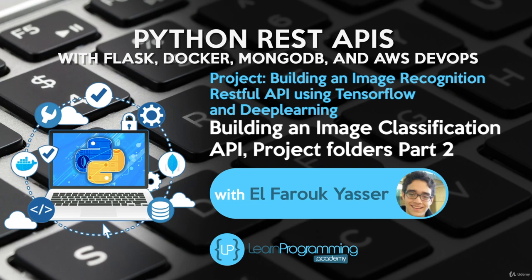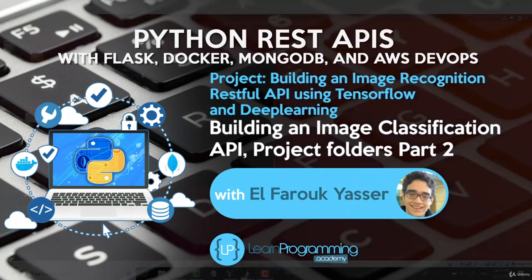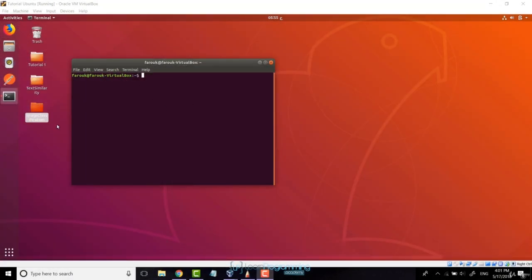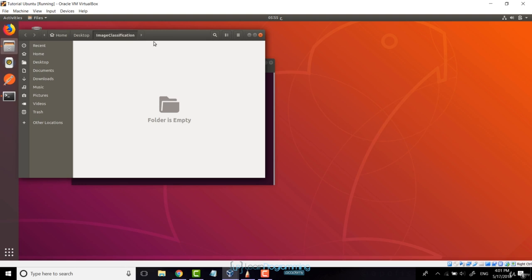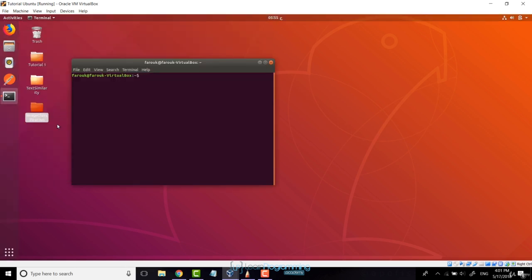Hi everyone, welcome back. So in this video we're going to start implementation of the image classification API that we talked about in the previous video. So you can see here that I have a new folder called image classification, which is empty. Okay, so we're just going to make a new folder to work in, and then we're going to go in